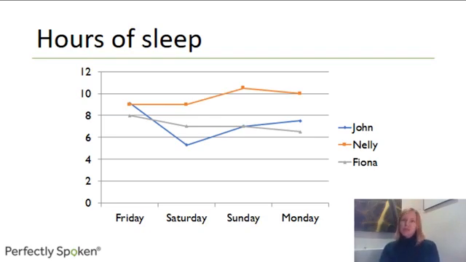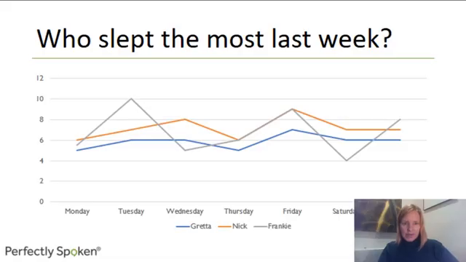Okay, very good. You can make some sentences about this graph if you want. Now I'm going to put another graph on. And again, I'll talk you through it very quickly, and then you'll do a reading activity related to this graph. So here again, this is the hours that 3 people in the family slept last week. So it's just 1 week, not every day, just 1 week.